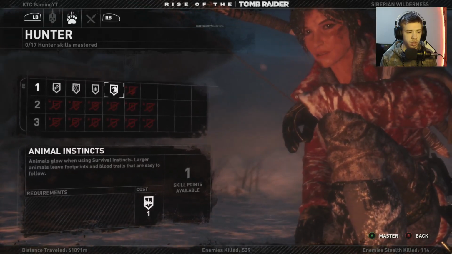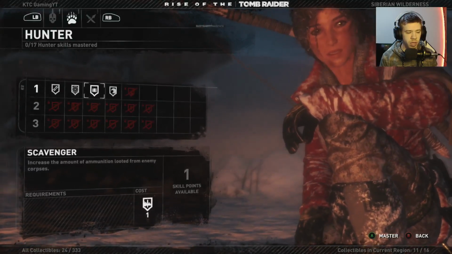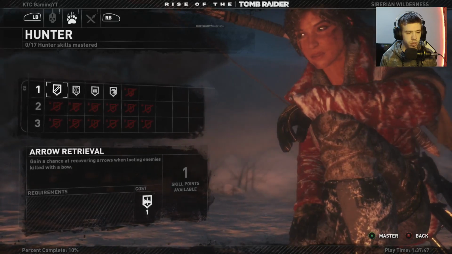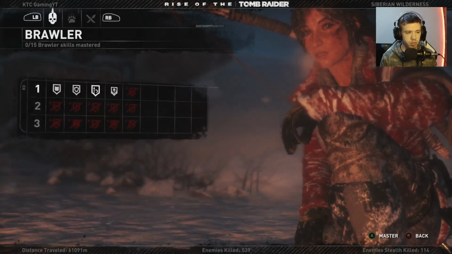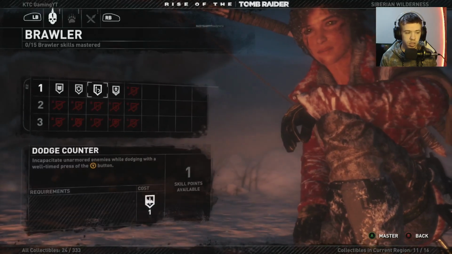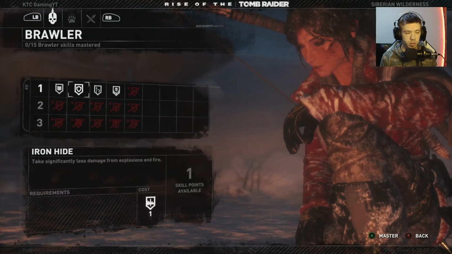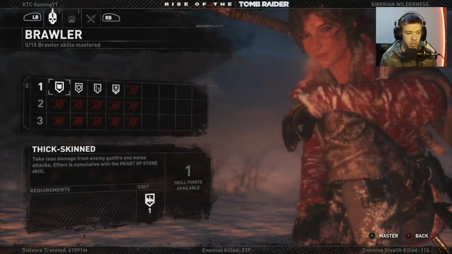Animals glow when using survival instincts. Increase the ammo of ammunition looted from enemy corpses. Increase steady aim time on bow charge. Gain a chance at recovering arrows when looting enemies killed with a bow. That could be handy too. Enemies killed while in stealth will automatically be looted for resources. Incapacitate unarmored enemies while dodging with a well-timed press of the Y button. Take significantly less damage from explosives and fire. Take less damage from enemy gunfire. Okay, so most of that's kind of...